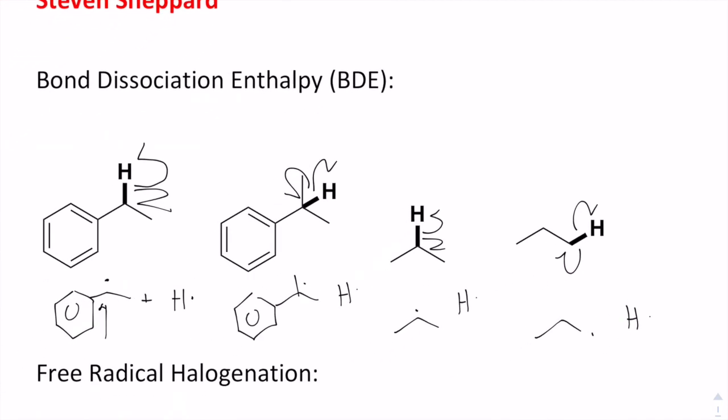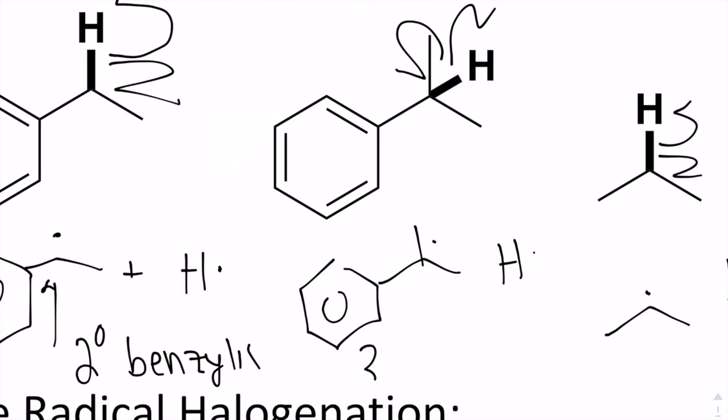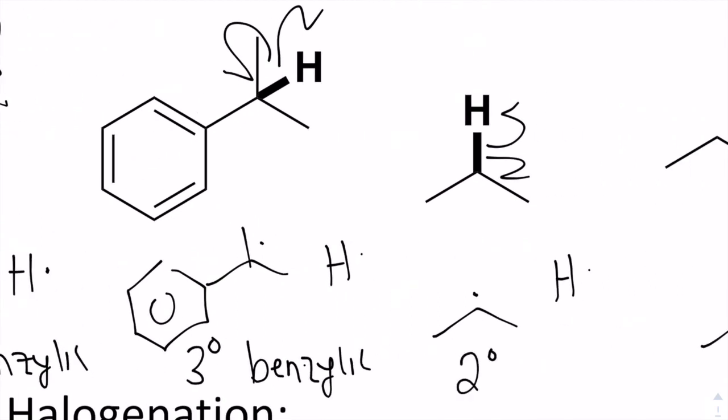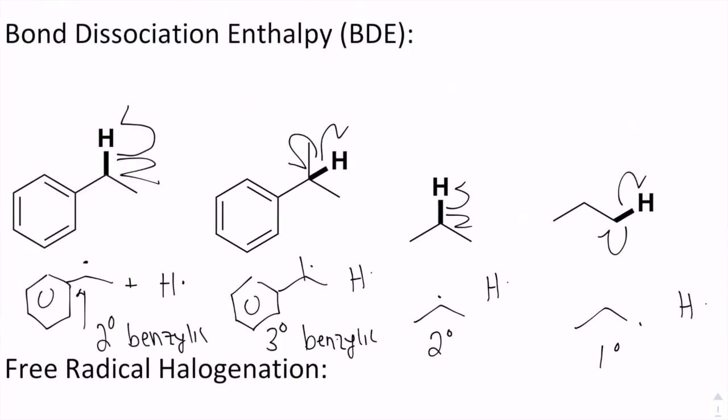Now we just need to talk about radical stability. The first structure over here is a secondary benzylic radical, so pretty stable because it's close to that benzene where it can potentially resonate. Over here we have a tertiary benzylic, so that's even more stable than the first molecule. Over here we have a plain secondary, and over here a plain primary. The more stable that radical is, the less energy required to break that bond, meaning a lower bond